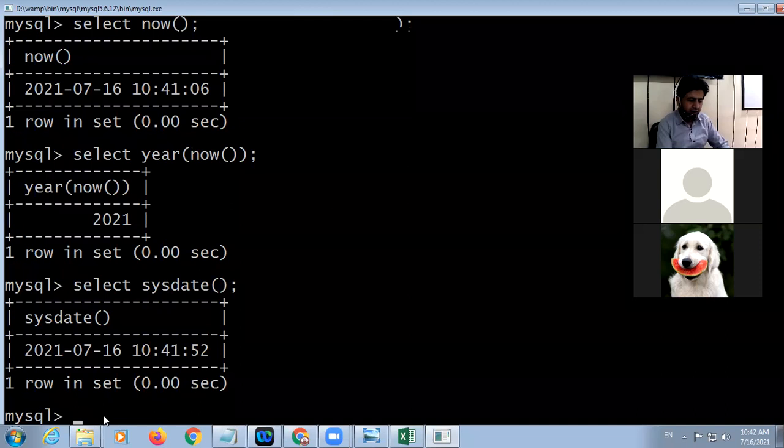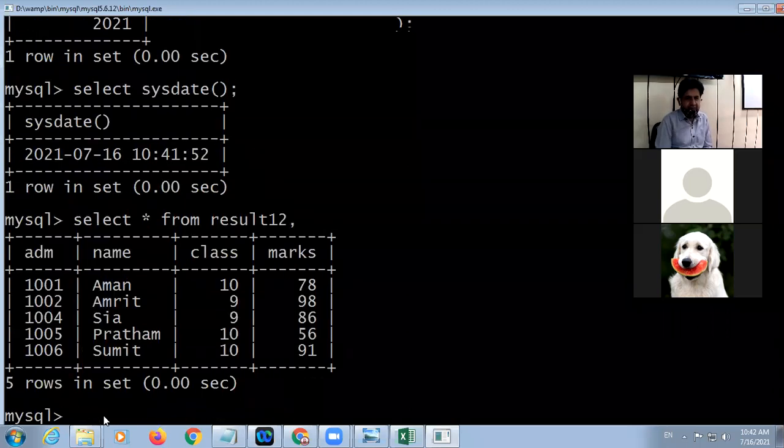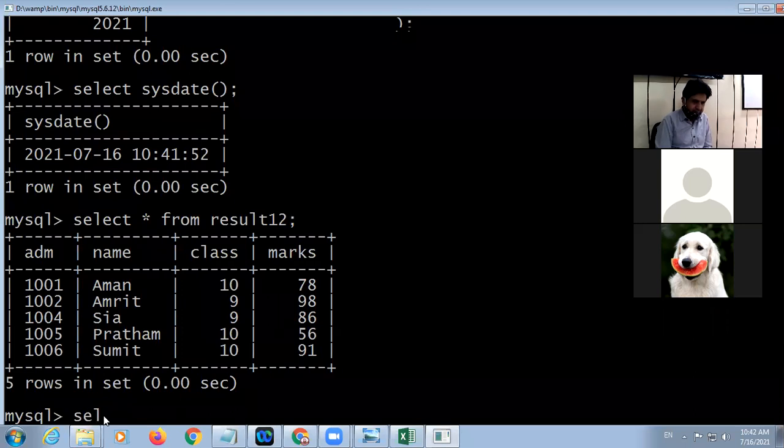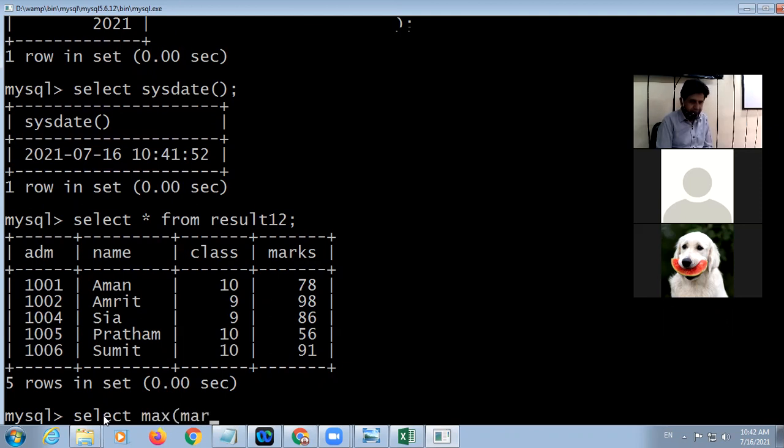Now next is, I have one table, select star from result 12. If I apply here select sum marks, average, max, you can apply anything, marks from result 12.